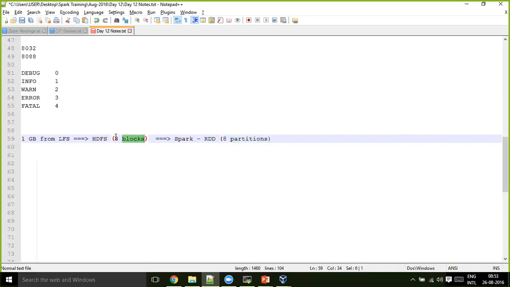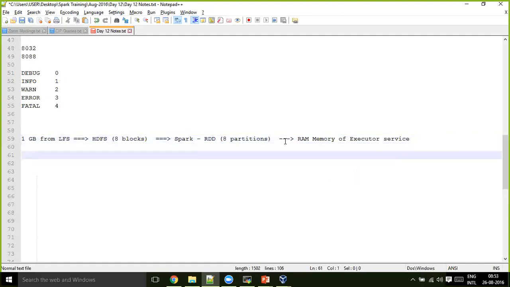In HDFS, behind the scenes, the 8 blocks are stored on the local disk, the hard disk, of your 8 different data nodes. Here, instead of local disk, it gets loaded into RAM memory. RAM memory of what? Your executor service. An executor is nothing but a JVM service, as I was telling you.